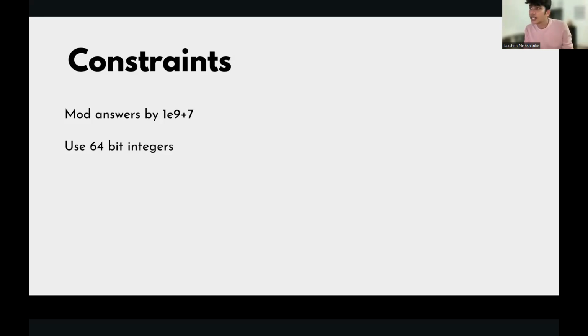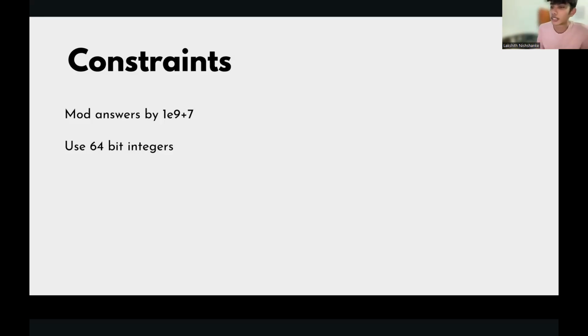So in cases where you have to mod your answer by 10 to the power 9 plus 7, 32-bit integers can store, I think, integers up to about 2 billion, which means 2 into 10 to the power 9. So it should be able to store answers in this range, right? But in a programming language like Python, this doesn't matter because there are no 32-bit or 64-bit limits; integers can get as big as you want.